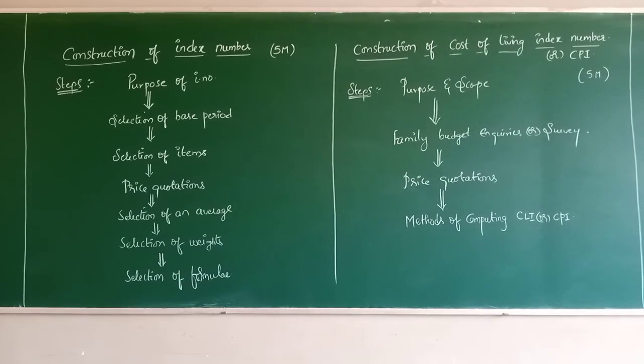What items are to be selected, how the budgets are to be considered from different families, what method has to be applied for that. Everything you will come to know if you know the purpose. At the same time, while constructing this, along with the purpose, the scope has to be known. Scope in the sense of geographical area, where to start from. We said different classes of people, right?